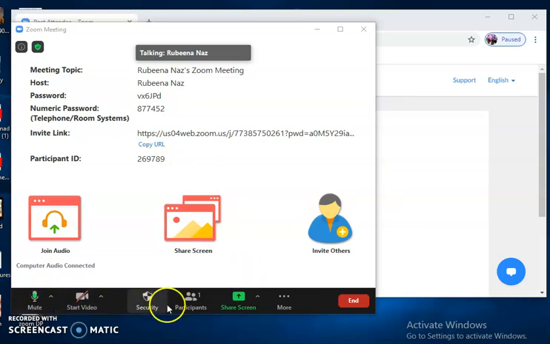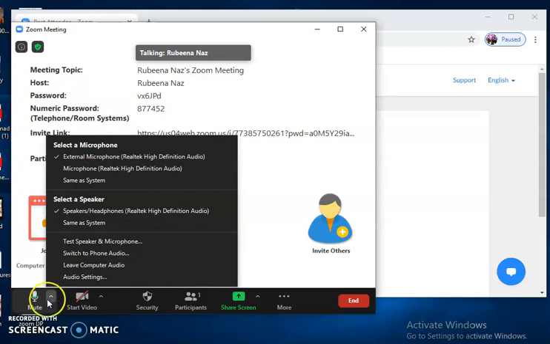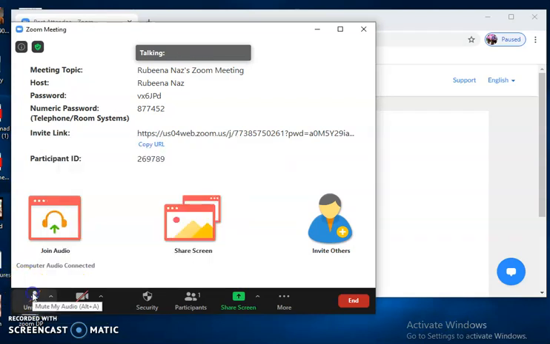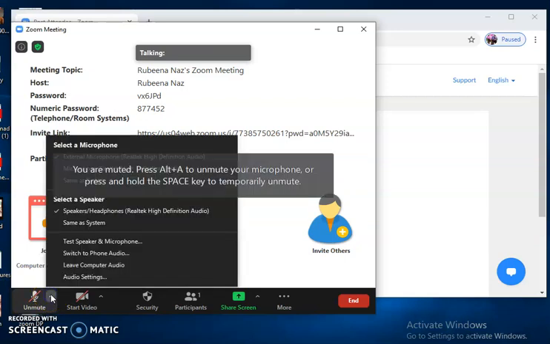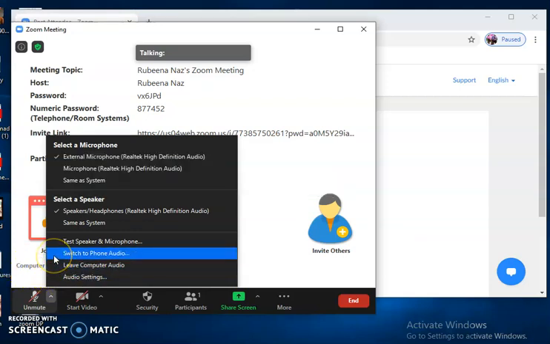Well, further you have to see this bar. Very first there is a speaker button, so if you want to mute yourself, you can directly mute yourself. There are different functions given over here which you can see, but for using all the functions, it's also necessary to see how many functions are given over here. There is a button you can click on, and you can adjust your speakers and audio according to your own choice.